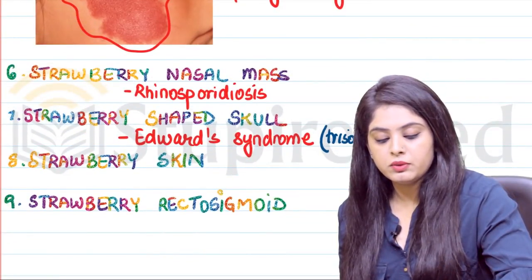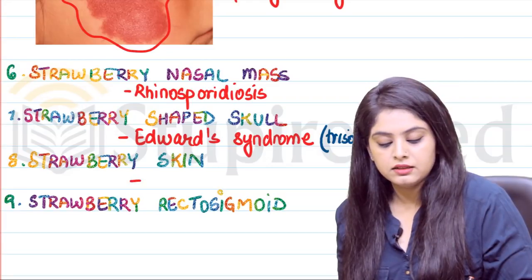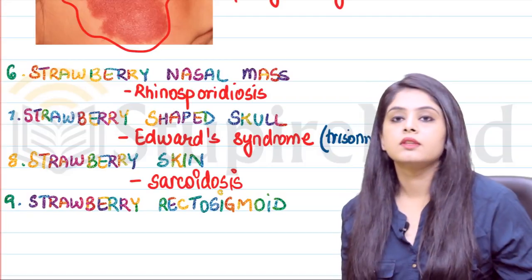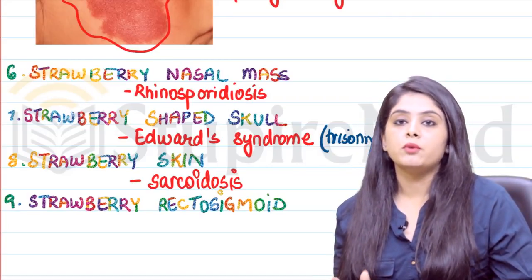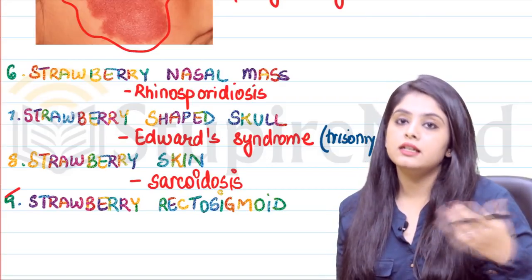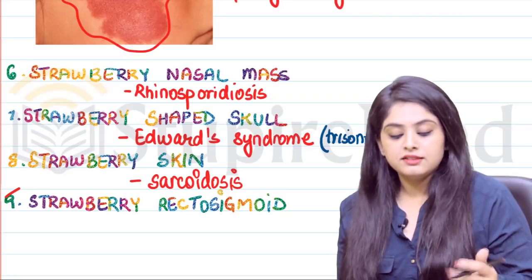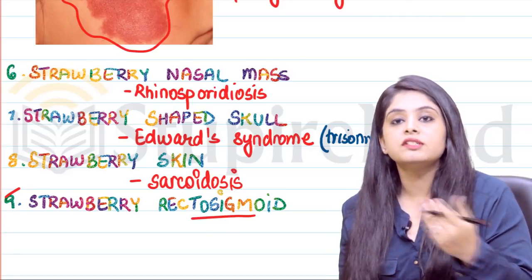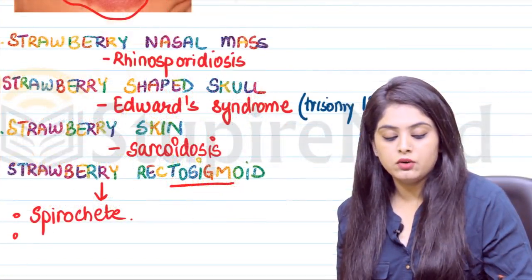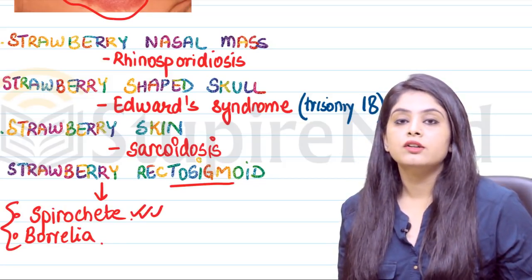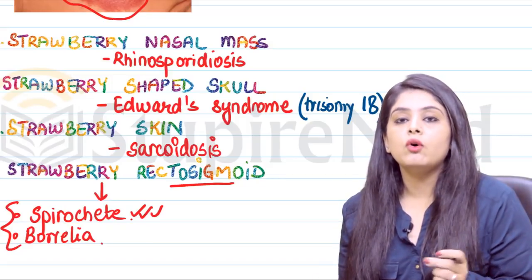The last two that we have is strawberry skin. This is seen in sarcoidosis. And strawberry rectosigmoid, the last one. Strawberry rectosigmoid is actually a link, again bridging it with surgery. This is something not related to the shape of the rectosigmoid, but again the mucosal aspect, and also in case of Borrelia infection. But primarily remember spirochete. So this is a brief summary of all the lesions